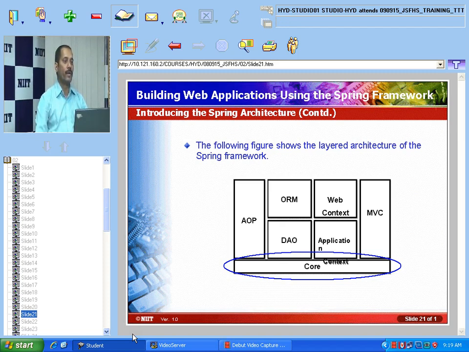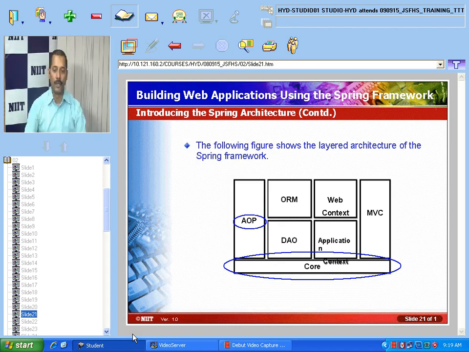You can see there is an AOP module, a DAO module, an application context module, and an MVC module. On the DAO module sits the ORM module, and based on the application module is the web context module, which depends on it. So these are the different modules you can find in a Spring based framework.